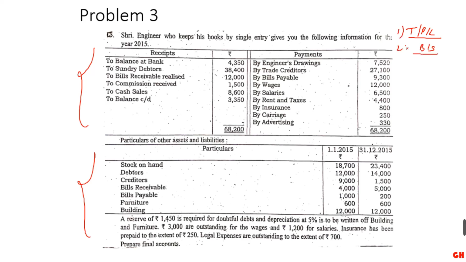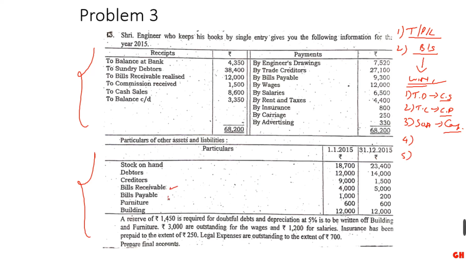So to prepare trading profit and loss account, you need to prepare some working notes. So basically there are few working notes which come in preparing this single entry. First working note is total debtors, second one is total creditors, third one is statement of affairs. Total debtors we prepare to get credit sales, total creditors to get credit purchases, statement of affairs to get capital balance. Okay, because credit sales, credit purchase and capital balances are not given in this information, we need to prepare working notes. After this, we need to prepare some additional information also.